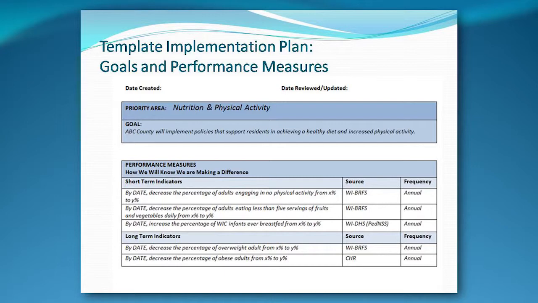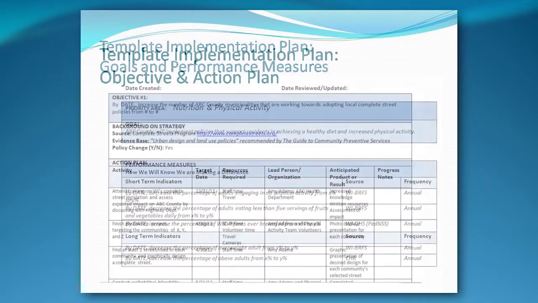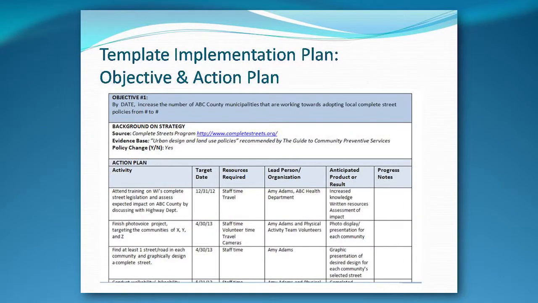And again, I thought of this during the keynote presentation, talking about a shared agenda, which is the top half, and shared measurement, which is the bottom half, that all the partners are looking to accomplish the same thing and tracking the same thing. From there, we kind of go into the nuts and bolts of an action plan. So first, writing an objective that's SMART and measurable.